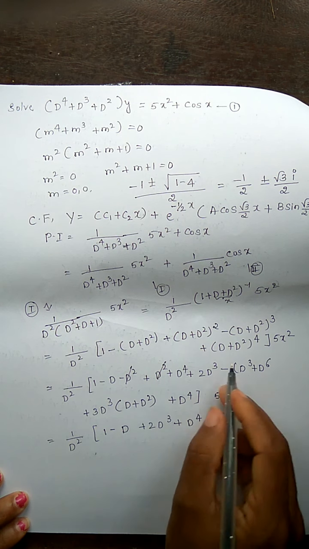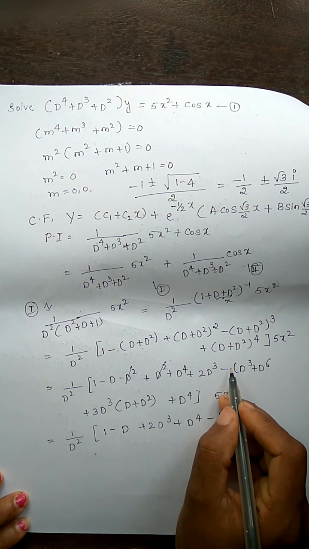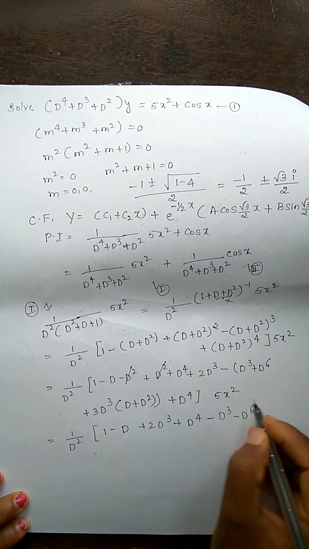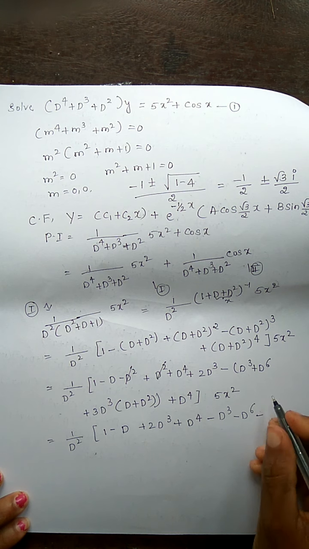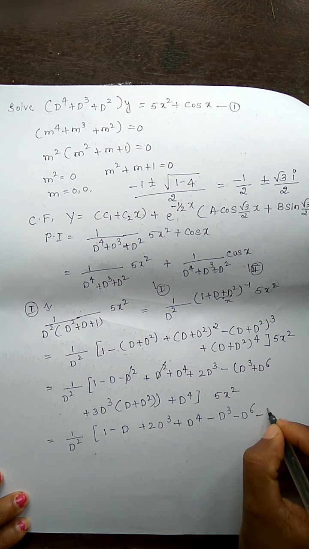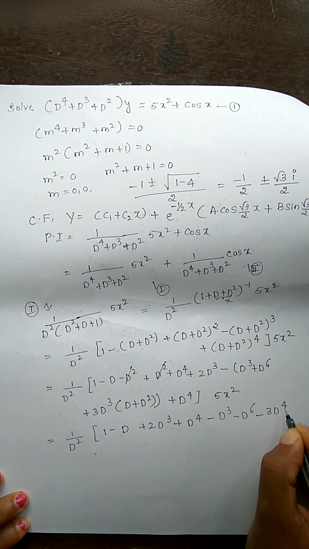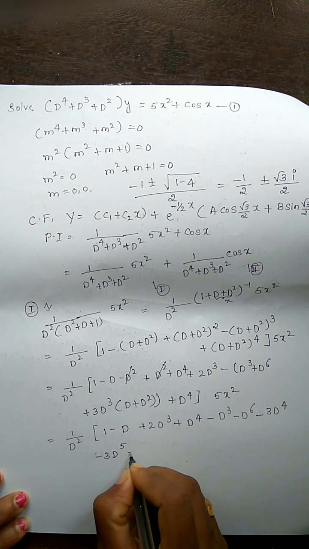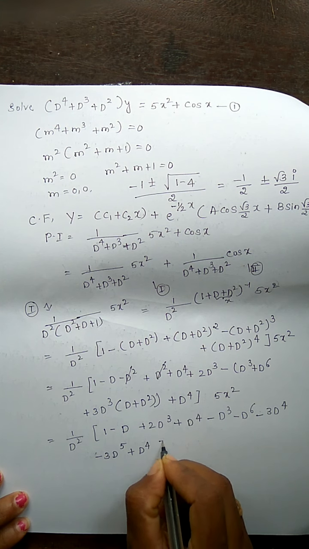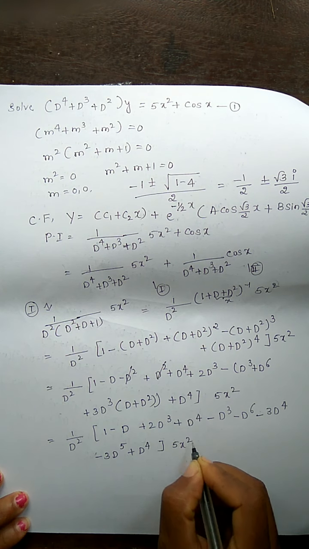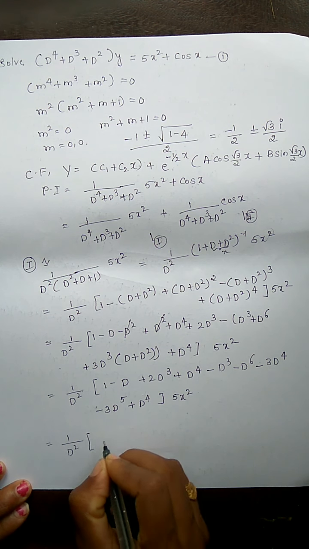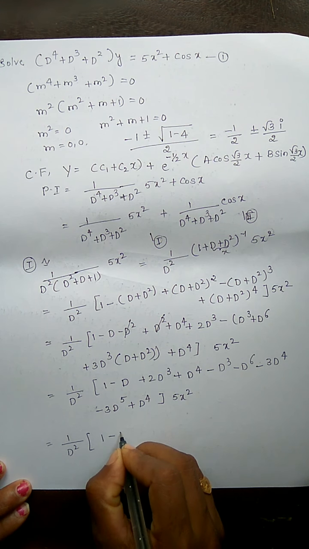Here it is minus into plus into minus here. So minus of, see I have to put one more bracket here. So minus 3d power 4. Next minus 3d power 5 plus d power 4 into 5 times x square. So further simplify, that is equal to 1 by d square into 1 minus d